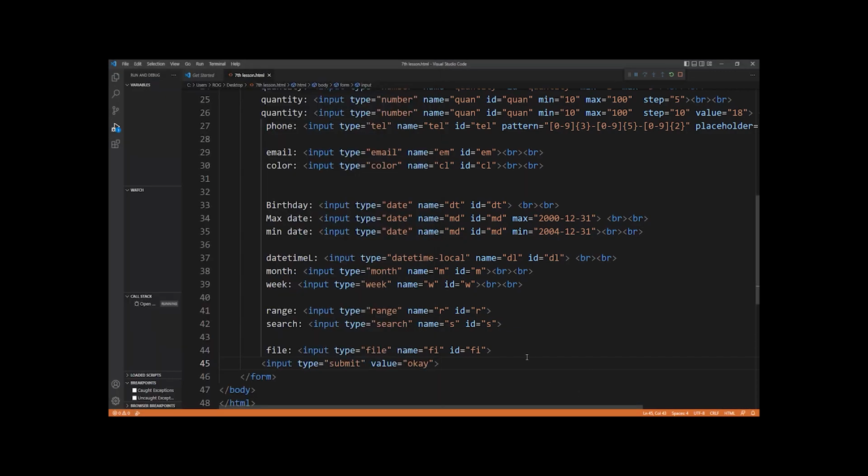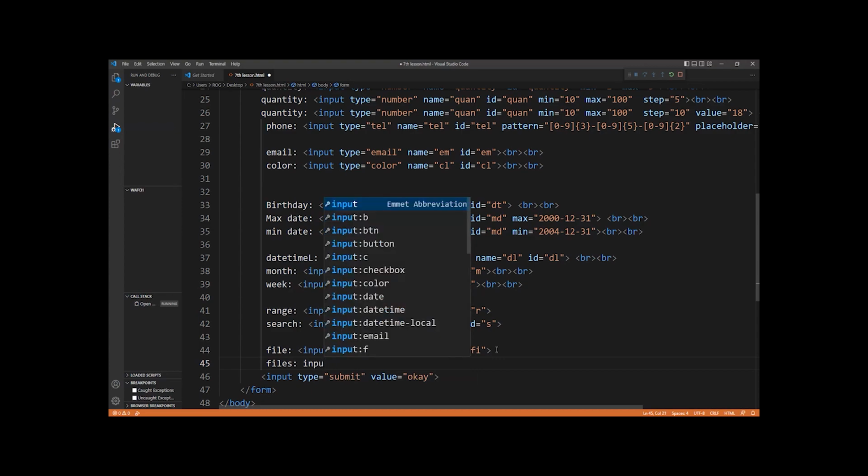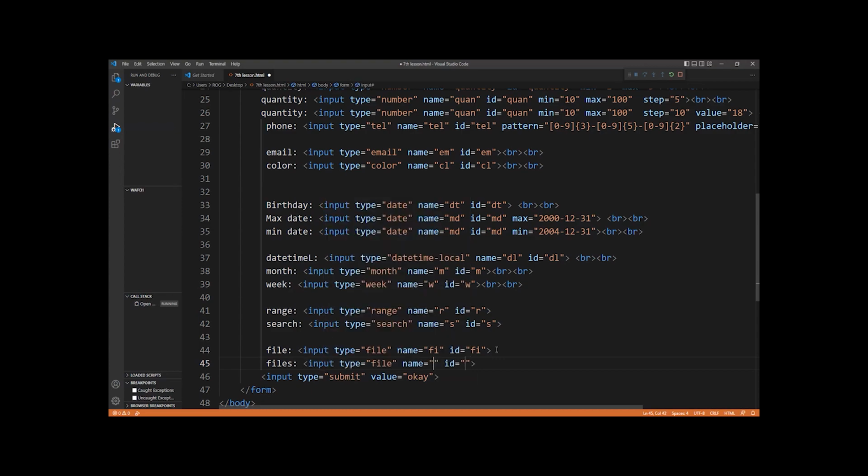You should use files, and input is the same, files, and I will use over here only multiple. That's it. So refresh this,